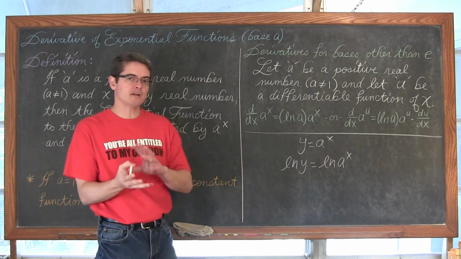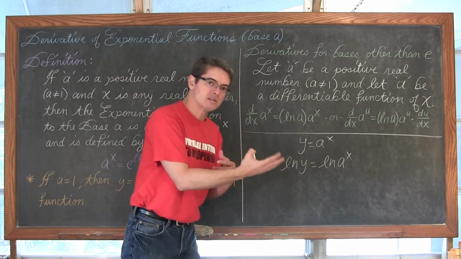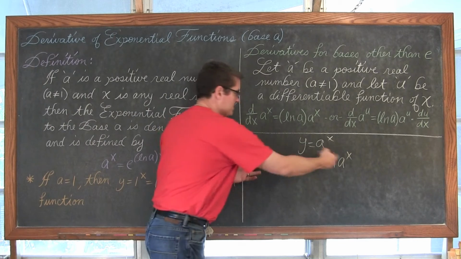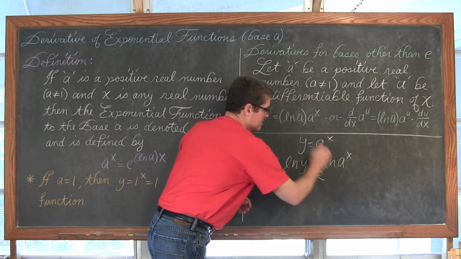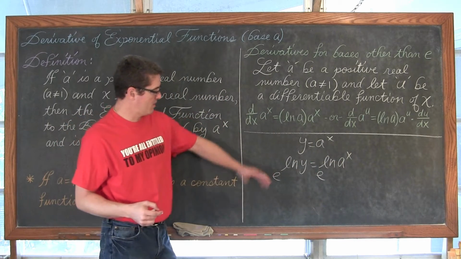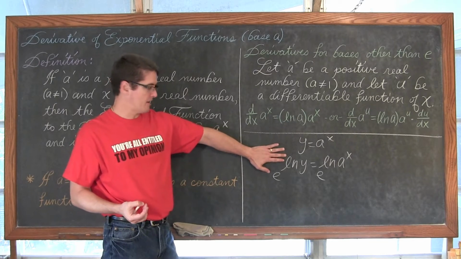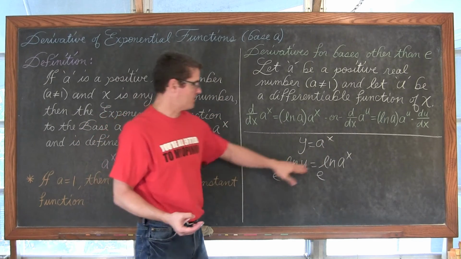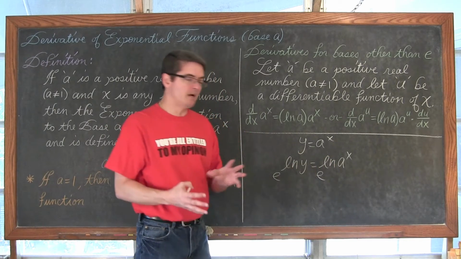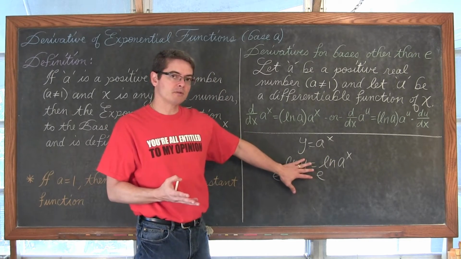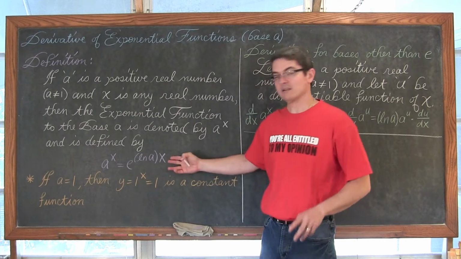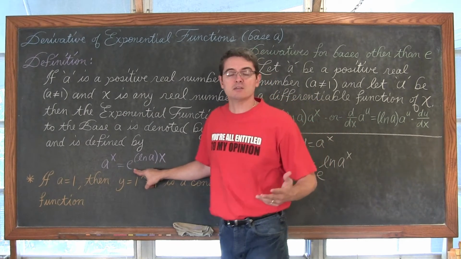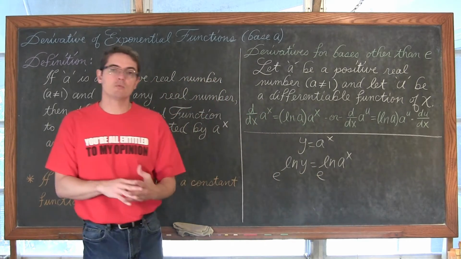Well, the inverse of natural log is a natural exponential function. So I can make both sides of this equation an exponent of e, to cancel out that natural log that I've applied to the left-hand side. Now, you could technically argue that it's going to cancel the natural log on both sides, but for the purposes of how we're going to work these examples and matching to this right-hand side, I don't want to get rid of the base of e on the right. I'm trying to make it into a base e so I can apply the derivative rules that we already know.